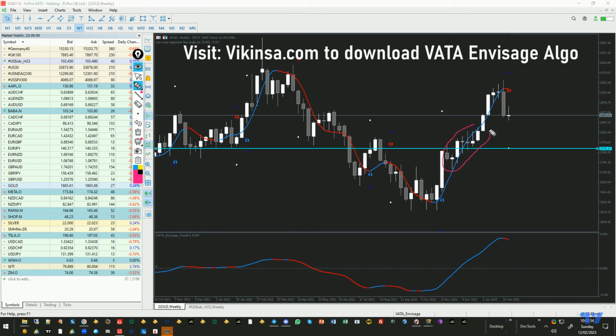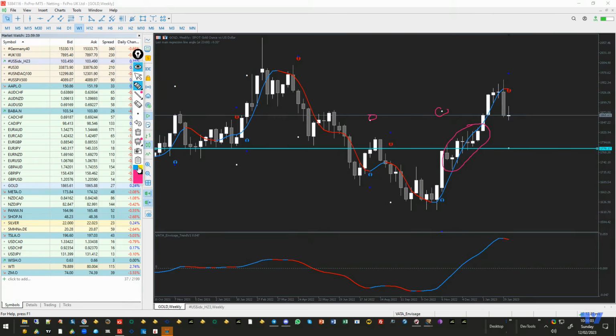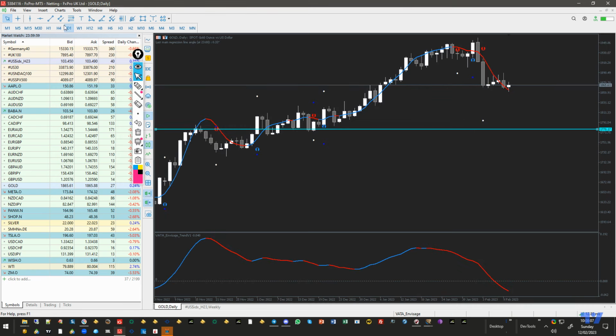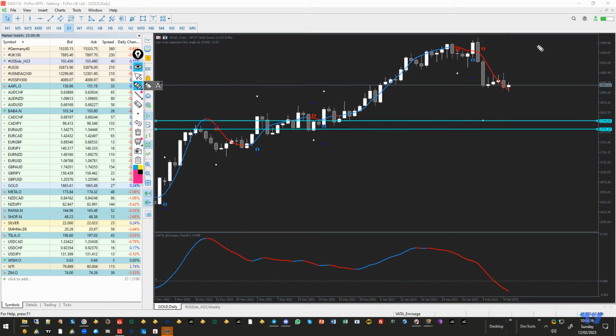And as I said, this is the section which needs to be cleaned up at some point in time, and that's what water is also telling us. Okay, all of these previous targets on the weekly time frame were hit. And if I show you the daily time frame, it is also showing that the market is bearish, and this is a possible target of 1794.58.